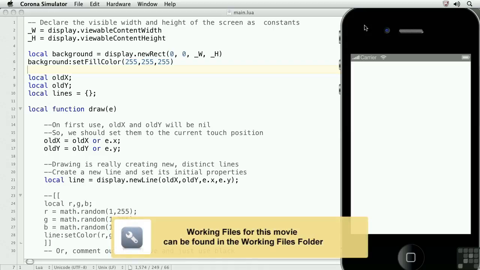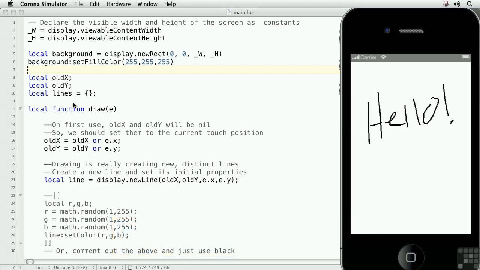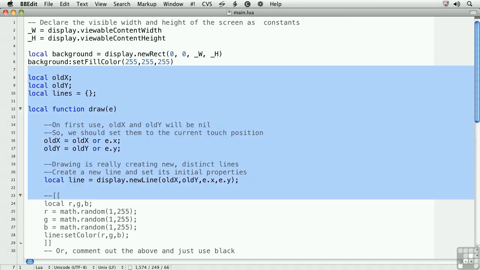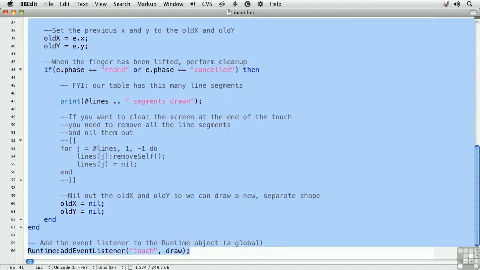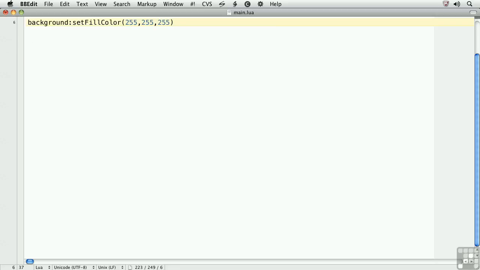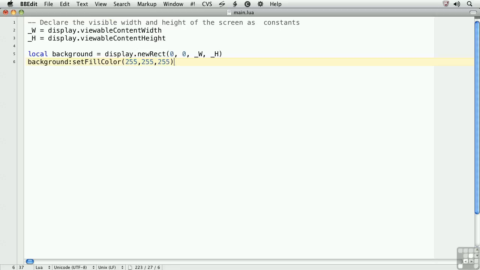In this lesson, we'll learn more about handling runtime events by creating a simple Doodle application. First, let me blank out all of the code that produced the application we just saw running. We'll produce the Doodle application using a runtime touch event listener. So first, we'll type runtime add event listener,